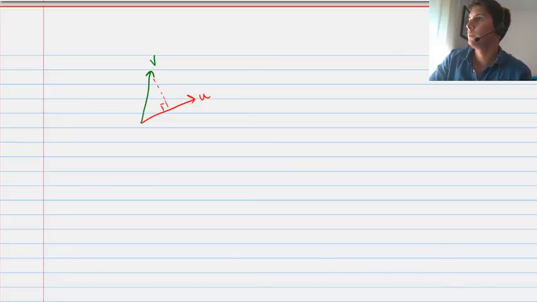The projection is, for example, if I have this vector u, and this one is b, if I draw a line here at 90 degrees, this vector here is the dot product between u and b. That's the length, but the direction is